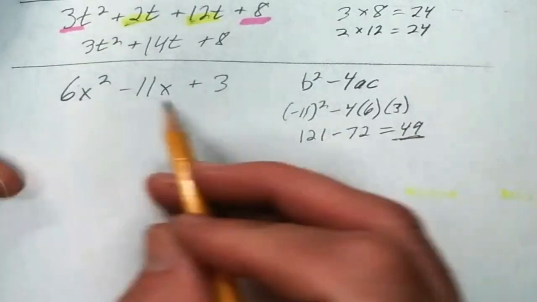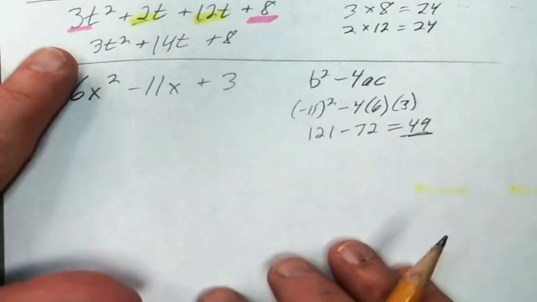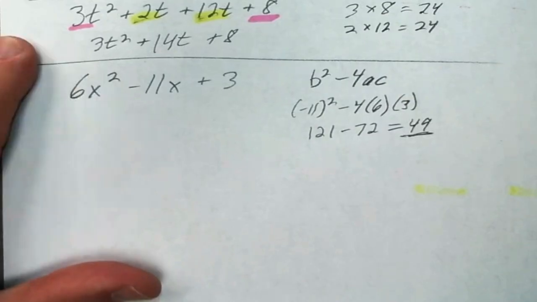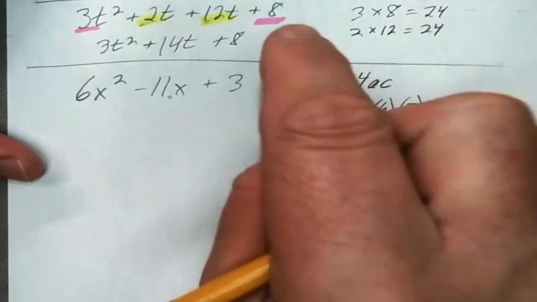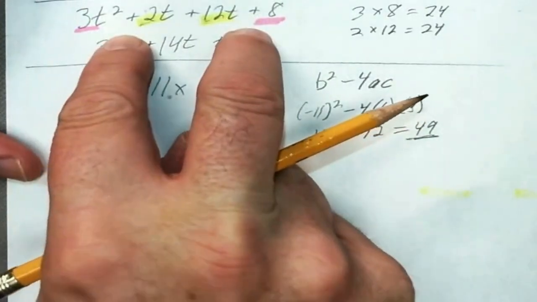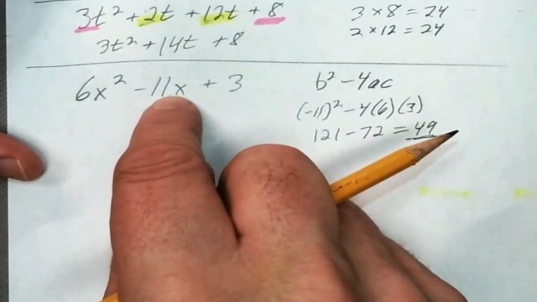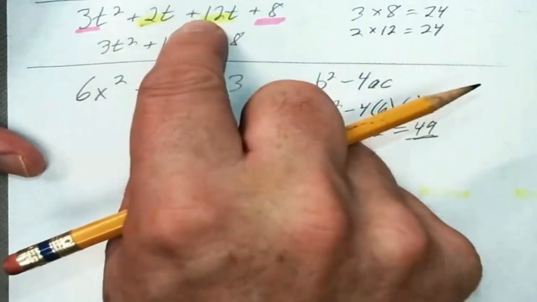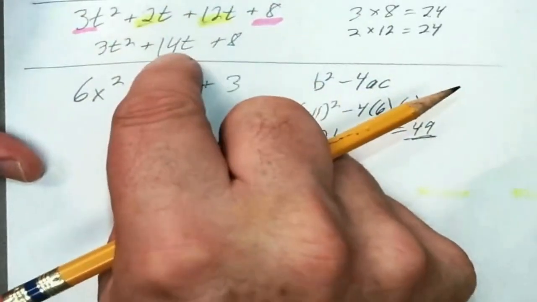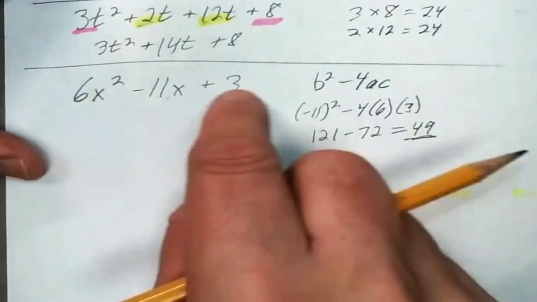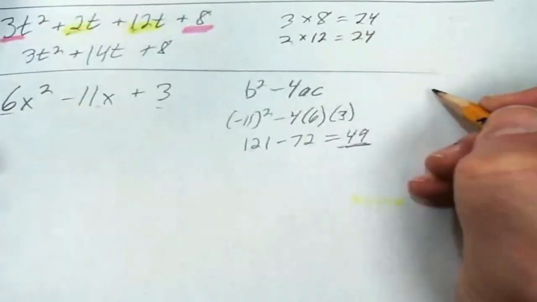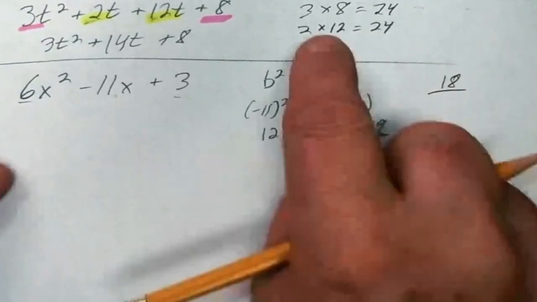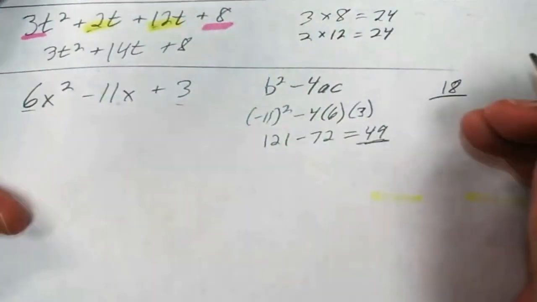So we want to factor this. But again, we're used to factoring like x squared minus 11x plus 3, something like that. With this 6 out front, we have to rely on what we learned up here to find how this factors. That middle term, how did we get this 14? We had to have two numbers that multiply to be the same number as these two numbers, but added to be this. So we've got to find the factors of 6 times 3. So we're looking for the factors of 18, because we have to multiply those together like this worked up here and showed us. So the factors of 18